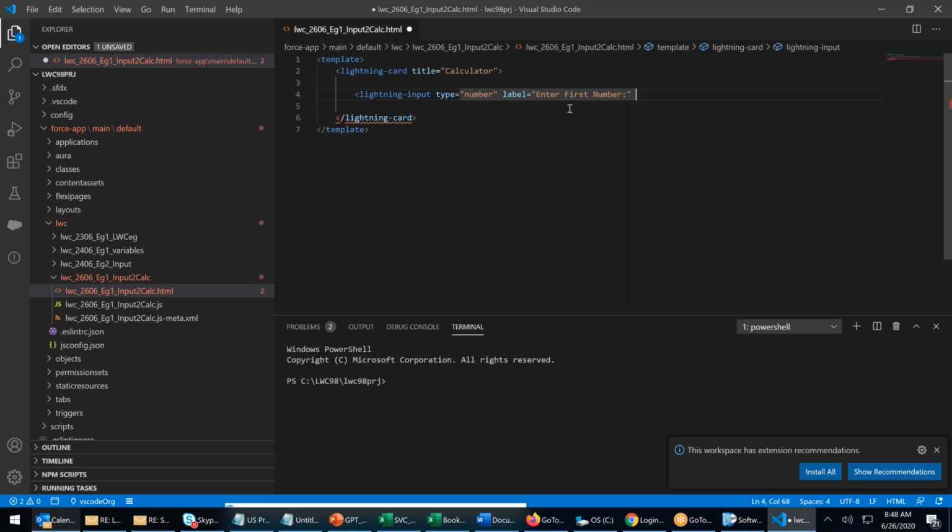Now see that I'm using name. I told you name is an Aura ID. If you remember the last class, name is an Aura ID. I will say aval. Name equals Aura ID.